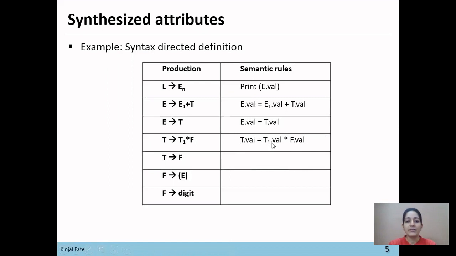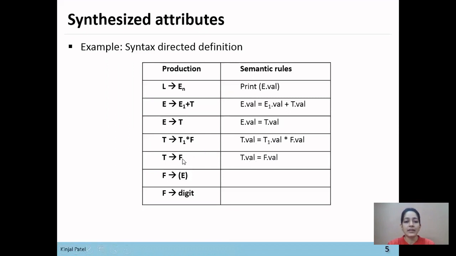So if T1.value equals 3 and F.value equals 4, then T.value will be 12. So T.value and T1.value have different results. Just to show that these two variables have different results, we have given different names.